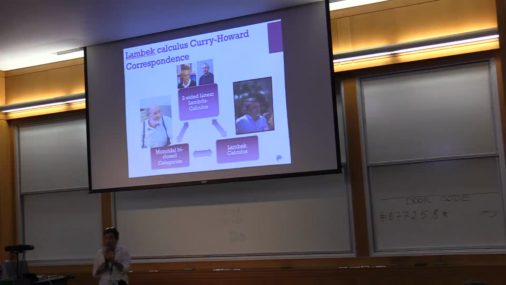Because it's much more related to linguistics, is the Lambda-Calculi, which is like linear logic, but without exchange rules. So, you know, the tensor A tensor B is different from B tensor A. So it's something else, and it's more complicated, but we can do it. We can have a linear, two-sided linear Lambda-Calculi and a monoidal biclosed categories, and Kelly did that